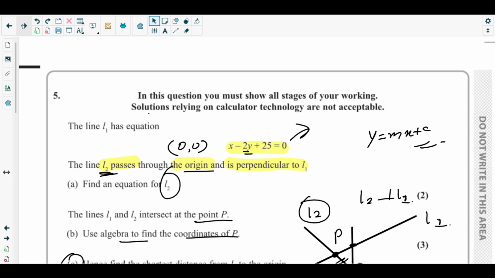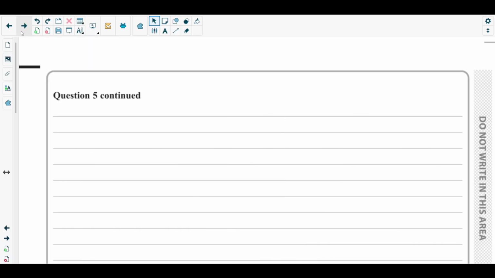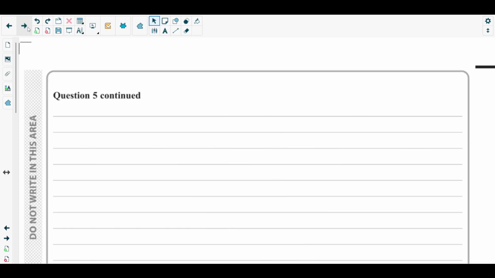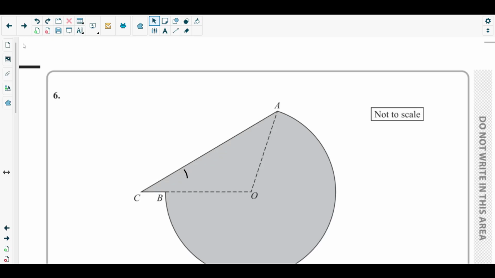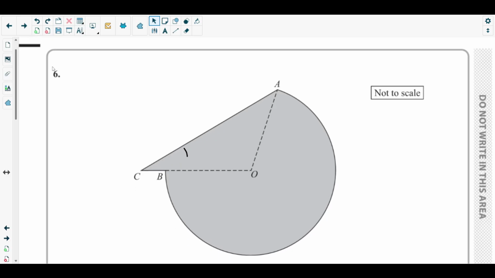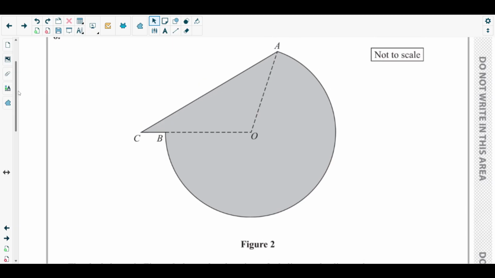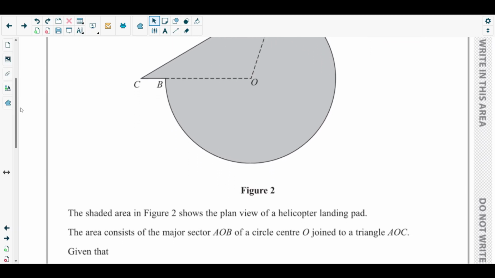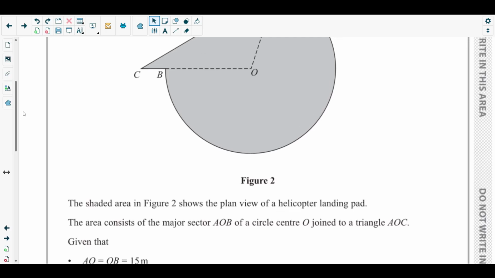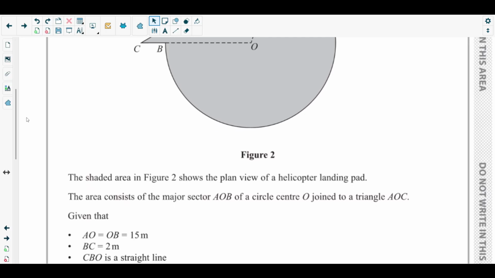Okay, so the next question, let's move to the next question, question number 6. Let's see what the question is about. Okay, we can see a circle there with a triangle inscribed within it. Okay, so figure 2, the shaded area in figure 2 shows the plan view of a helicopter